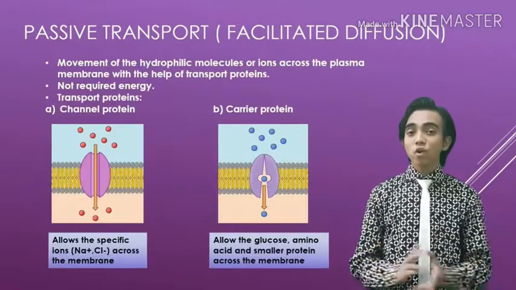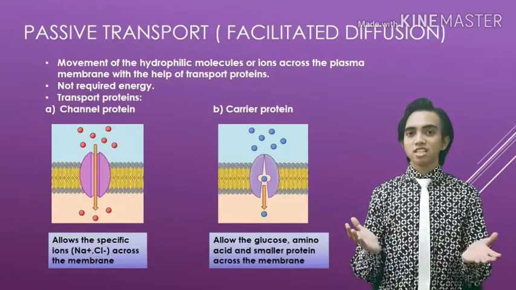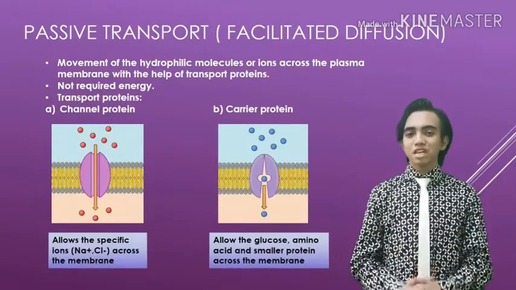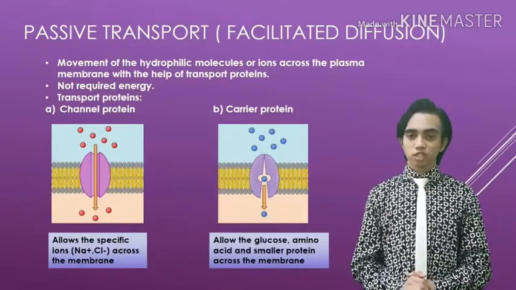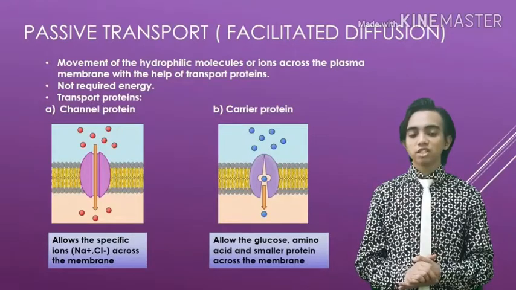Okay, so right now we look at the other type of passive transport, which is the last of the passive transport that we need to learn, which is facilitated diffusion. So how can it happen? This facilitated diffusion happens